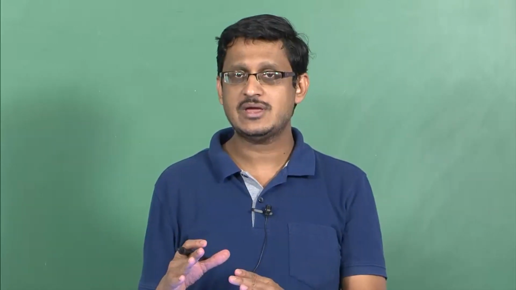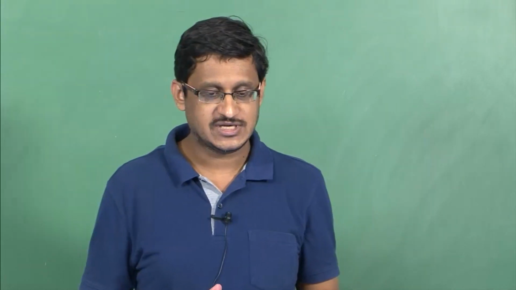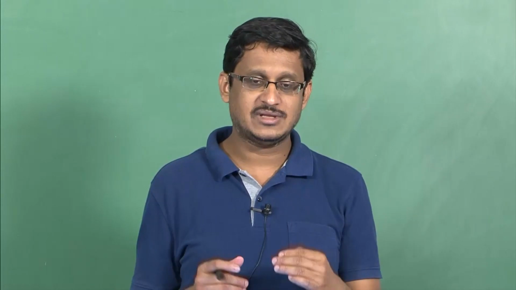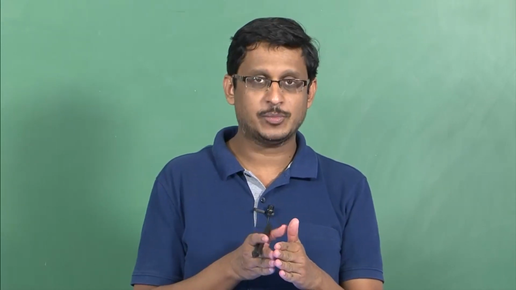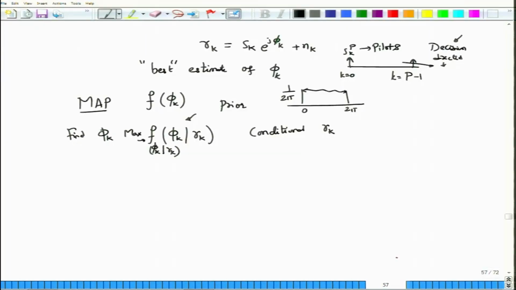If these conditions hold, what is the best estimate of phi k? In practice, how you deviate from that is entirely dependent on the actual channel. If your algorithm is good and robust, then the difference between what you get in theory, or what you compute numerically, would be more or less the same as what you are going to get in actual practice. With that in mind, we would like to find the conditional probability density function of phi k and then maximize it. But because I am assuming any value of phi k is possible, I do not have to worry about this maximum a posteriori probability, but can simply worry about what is called maximum likelihood.